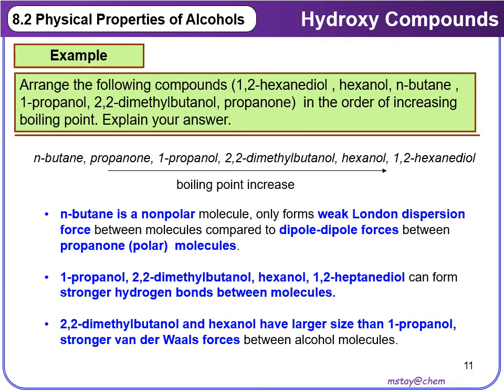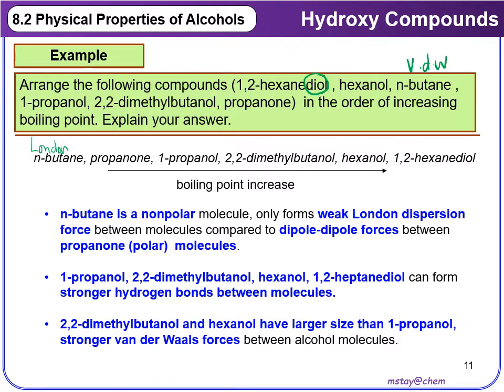Now we are going to arrange the boiling points as usual. We have 1,2-hexanediol, which has 2 hydroxyl groups, hexanol, N-butane, 1-propanol, 2,2-dimethyl-butanol, and propanol. From here we know that N-butane is going to have the lowest boiling point because it only has van der Waals force, and the type of van der Waals force, if we want to be specific, is London dispersion force. Just now we mentioned that generally alcohol has a higher boiling point than alkane, alkene, haloalkane, and also